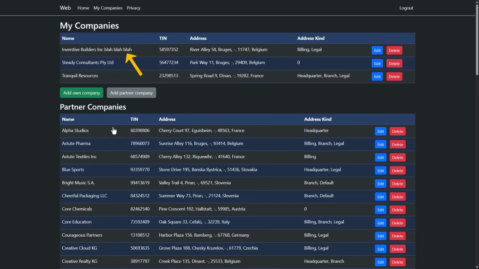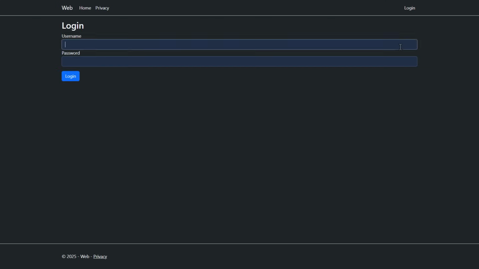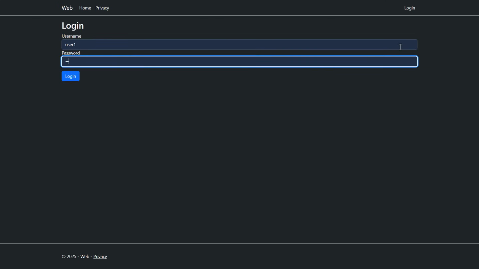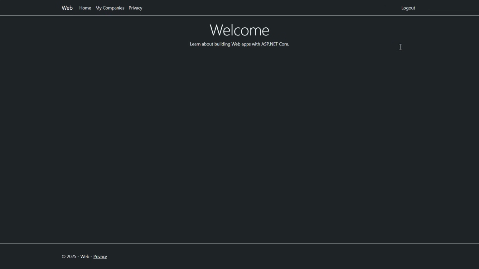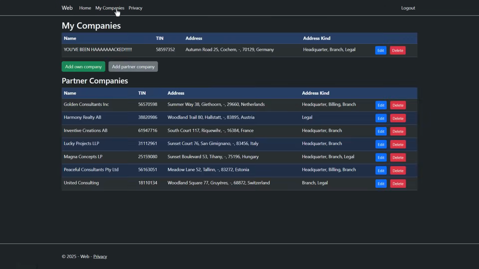Their data look the same as before? That's because the hacker did not modify their data. Let's see what user 1 is seeing this time. I'm logging in as the first user, which is supposedly the real me. Going to that page with the company data, and there you see it. I've been hacked. A malicious user has been able to cross the user boundaries and write data into another user's